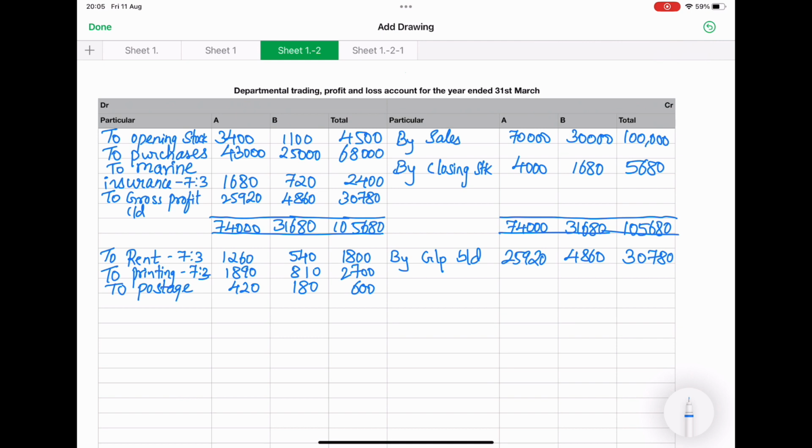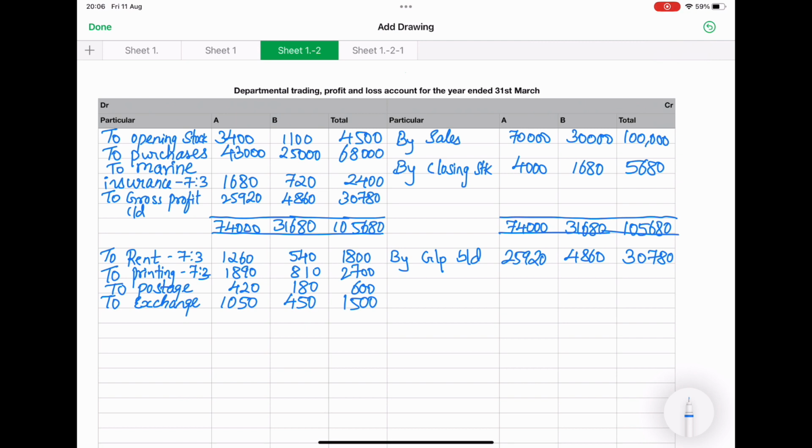Next, exchange and discount debit. They have mentioned debit clearly, that's why we are going to debit it in P&L account. So to exchange, the total value of exchange is 1,500. 1,500 into 7 by 10, 1,050, and remaining value 450. Next,